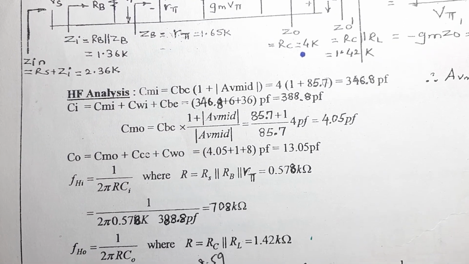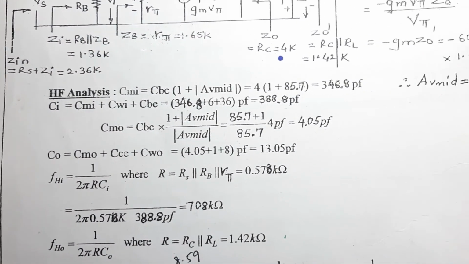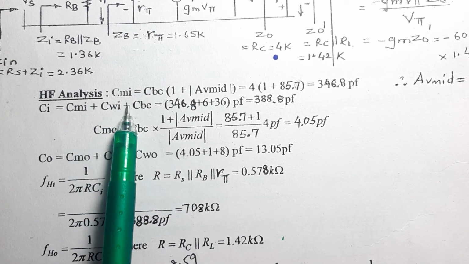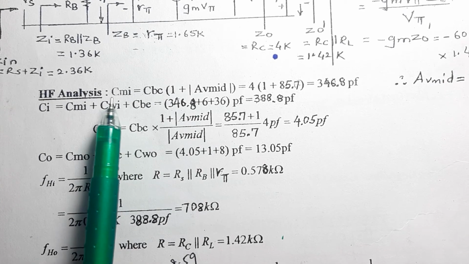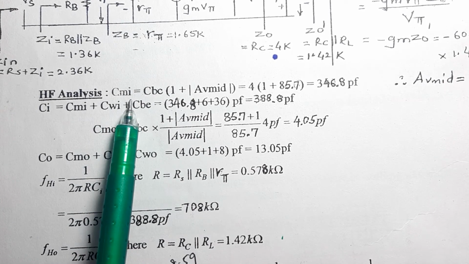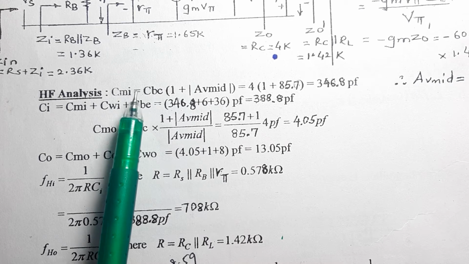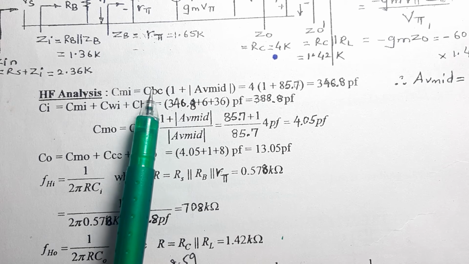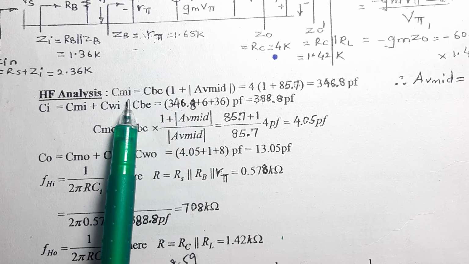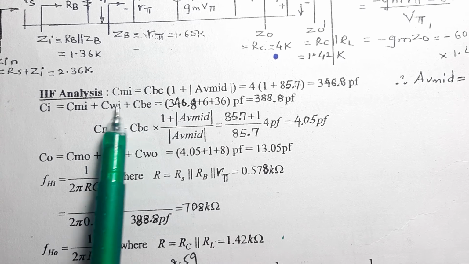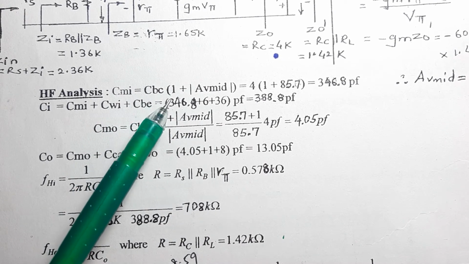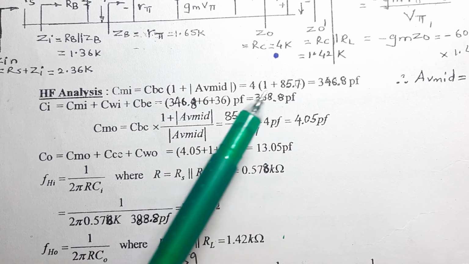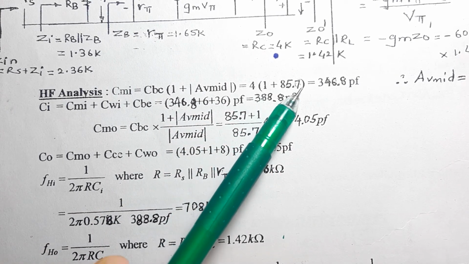Now your HF analysis. For HF analysis, your Miller capacitance or Miller theory comes into the picture, wherein CMI, that is the input Miller capacitance, is given by CBC, the one between base and collector. The capacitor which is connected between input and output is being Millerized as CMI and CMO. So the formula for CMI turns out to be CBC into 1 plus AV mid, which is equal to 4 into 1 plus 85.7,